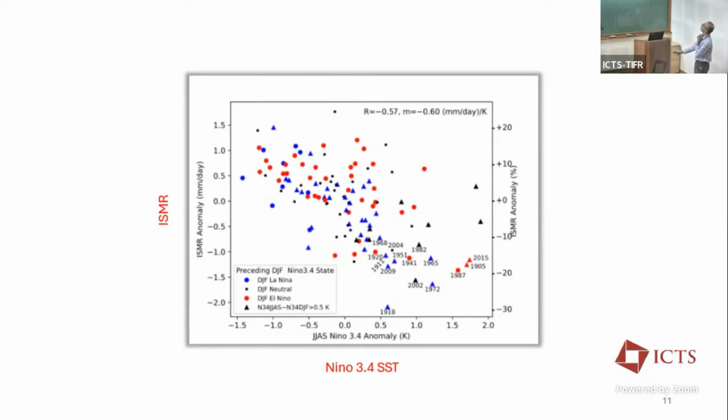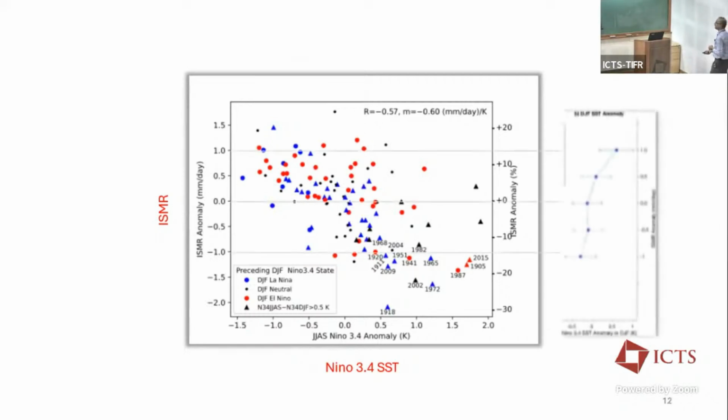Not just that, look at these years, for example 2002: without a strong El Nino, there was a drought, and there was an increase in SST from the last winter to the current summer, even with a weak El Nino, just above 0.5 Kelvin. The strongest droughts came when there was an increase in the SST from the last winter to the current summer. So in summary,